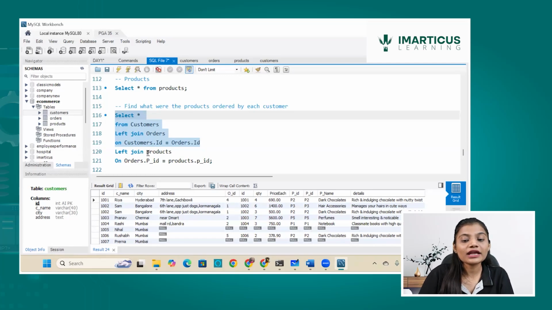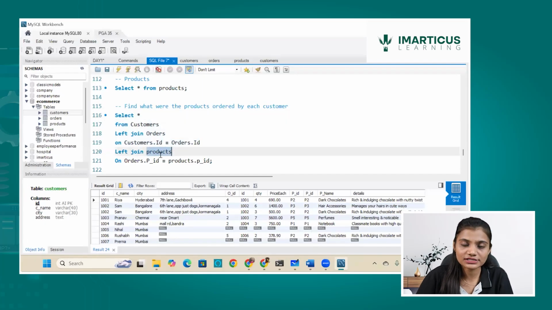Now when I try to join it with the products table, if I do an inner join, only the matching elements would be shown. And if I want all the entries which were shown in this query, I will write a left join over here. It will take all the entries which were shown in this query and only matching entries from the products table based on the product ID. And you can see this is how the result has been generated.